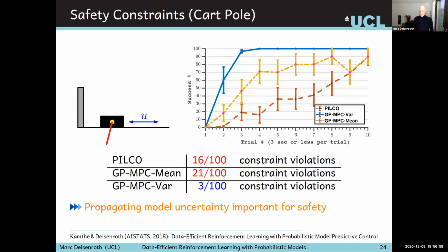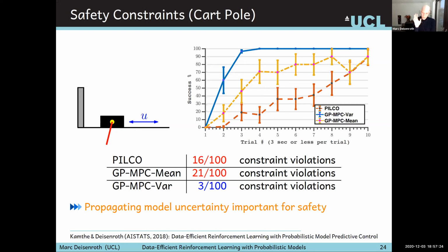So now let's add some constraints here. We're going to look at the card-pull system, but now we're going to build a wall on the left side. So that is a constraint that we do not want to bump into. We do not want to bump into that wall. And what we see here again are these 3 approaches. So the yellow one is again the one where we